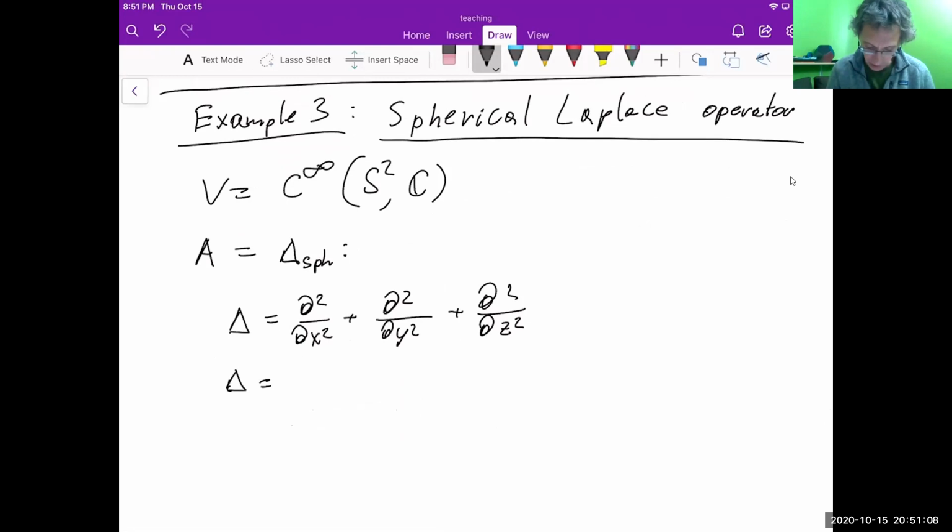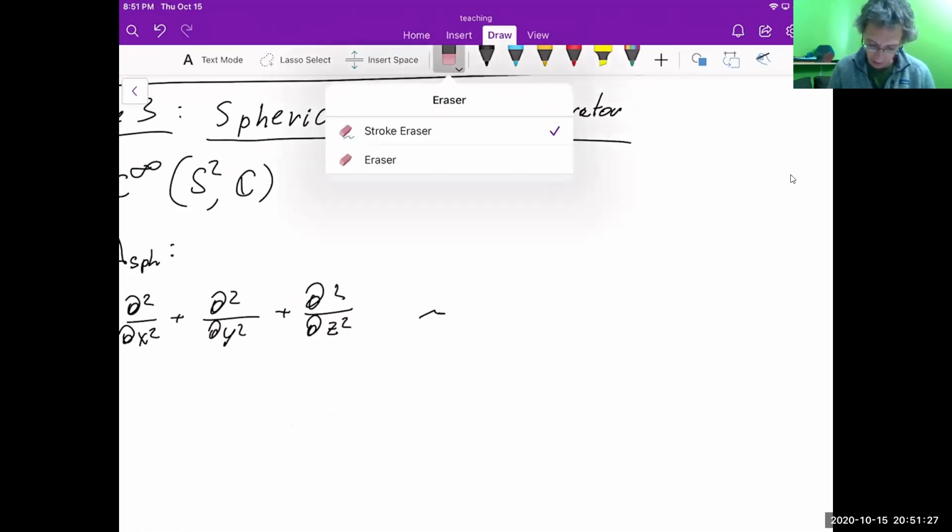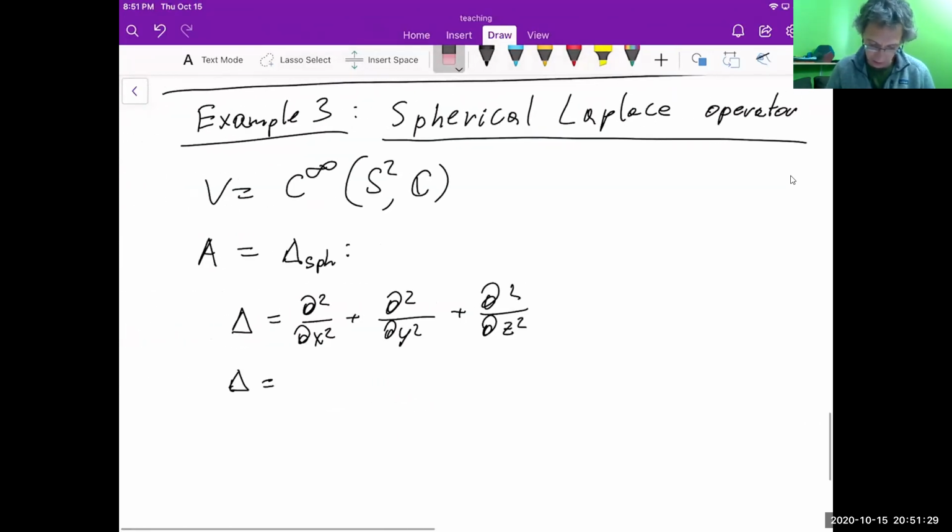So namely, you can check that this usual Laplace operator, you can rewrite if you make a change of variables going from x, y, z to r. So if you do the spherical coordinates,